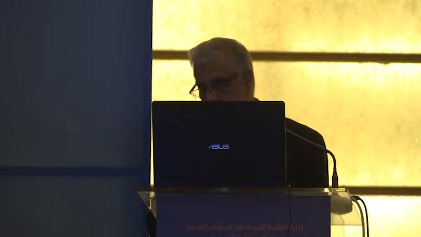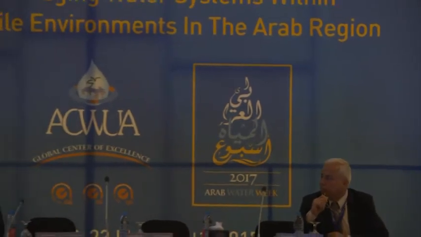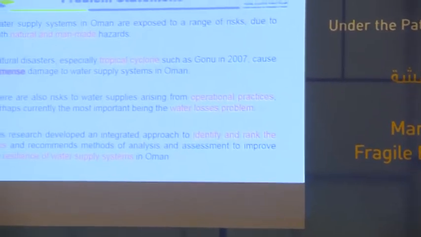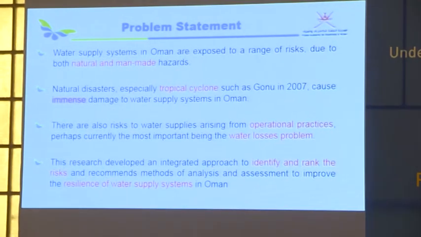In June 2007, the severe category 4 cyclone Gonu hit Oman with winds of 213 to 232 kilometers per hour, heavy rain and surface runoff, causing substantial damage to the critical